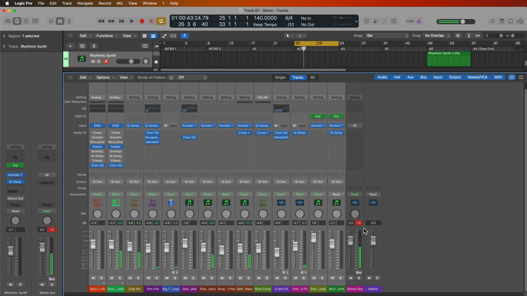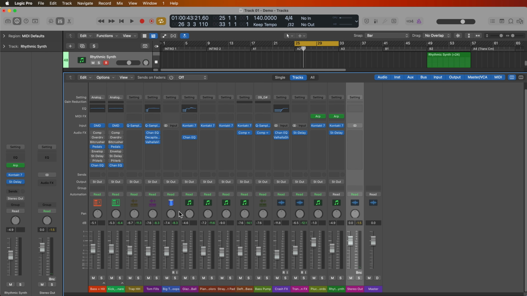Now, we'll talk about dBFS and how these values work toward the end of this video, but if your stereo output is clipping, it's generally a good idea to pull down the volume of all of your other tracks to compensate to make sure that your stereo output doesn't clip. Now, this is just best mixing practice. There are other ways to handle this equally as well. In fact, there are some easier ways of dealing with this that we'll talk about very soon. So now we're not clipping, but again, the stereo output is the sum of all of the channels,